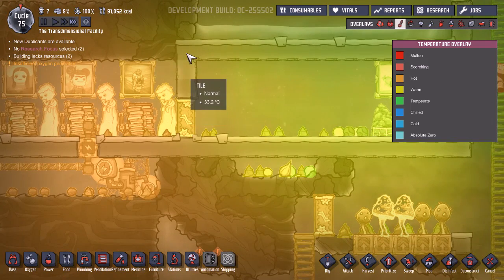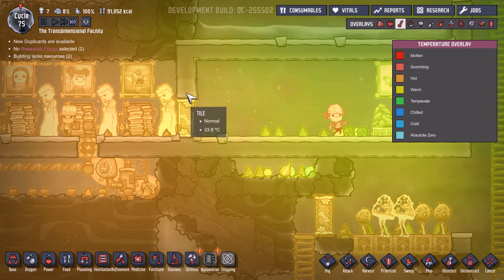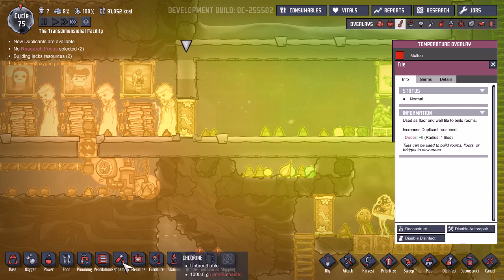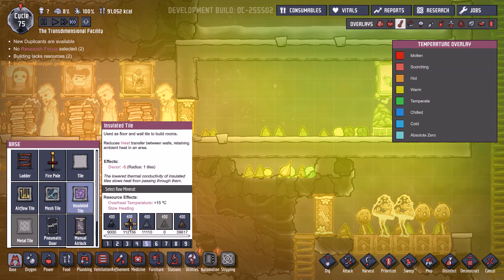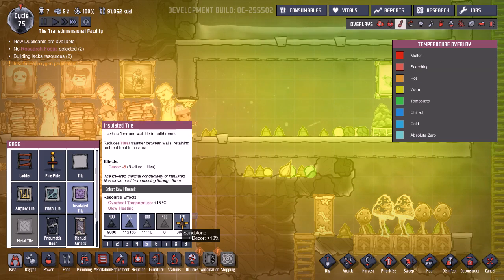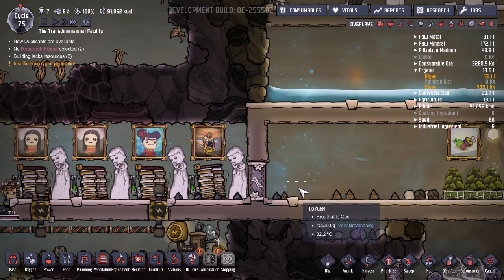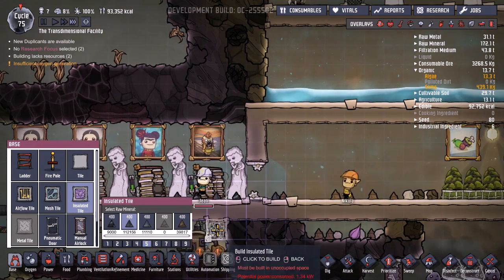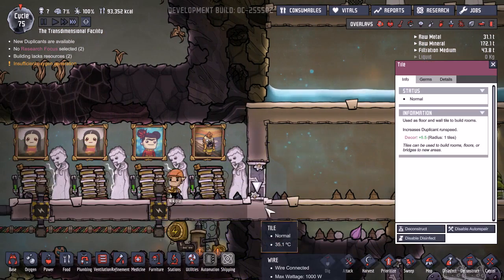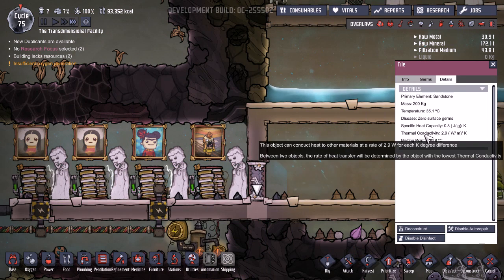In fact, this is actually pretty bad. I'm thinking we want to replace this with insulated tile, but you have to figure out which one of these does the best. Any are probably going to be doing better than what we have. Let's just try making insulated tile. Well, actually, we should be able to tell a little bit just by the